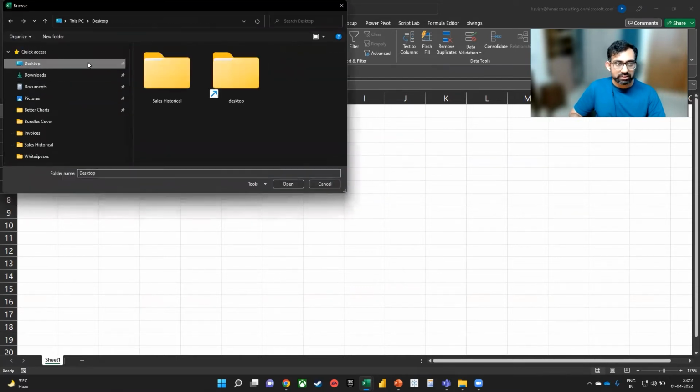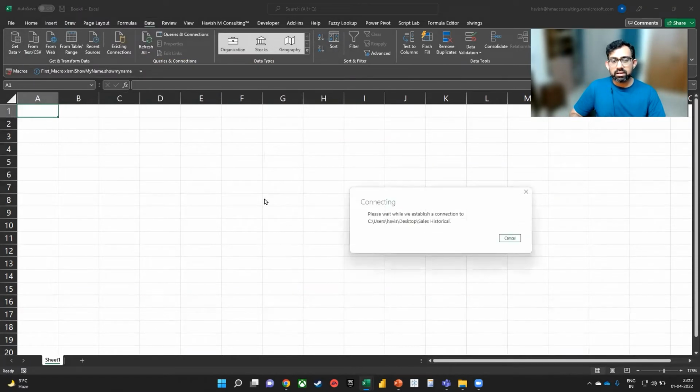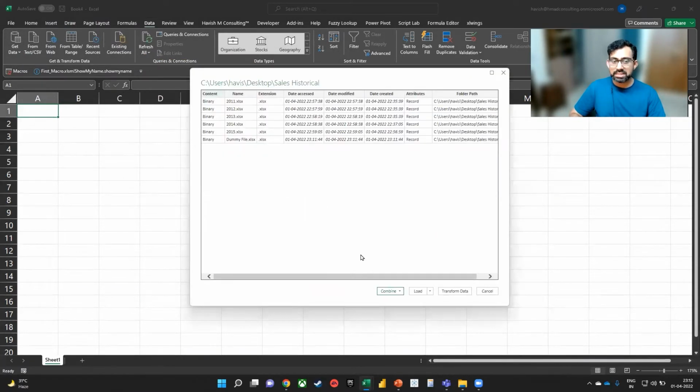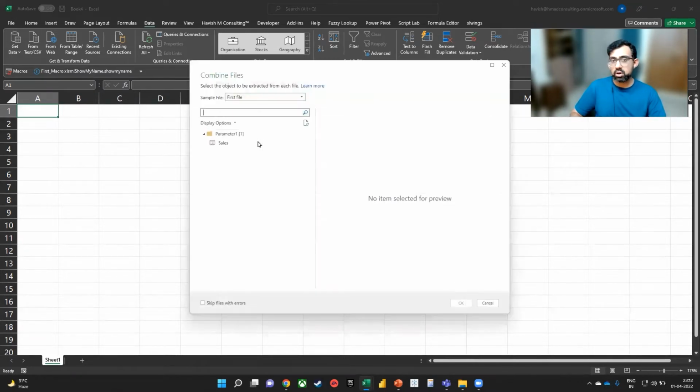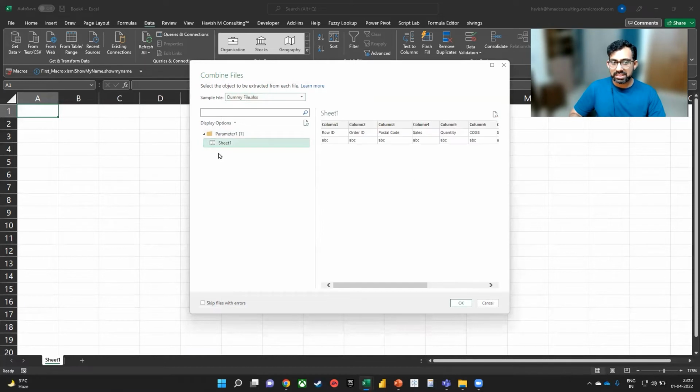Let us choose desktop and then sales historical, open. Now you have to be careful here. Once all the files are seen, when you combine and transform, please choose the dummy file, the one with all the unique possible headings as the sample file. We select the sheet. Obviously, there is only one